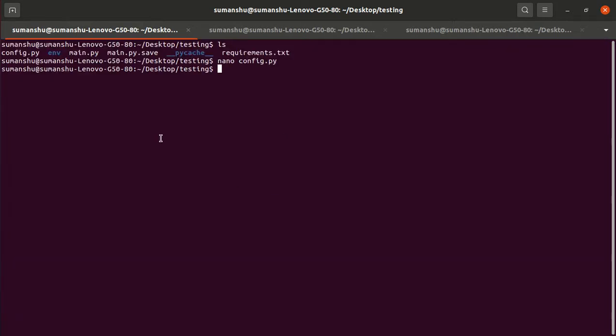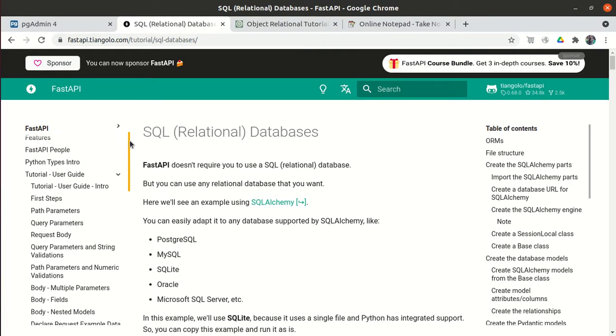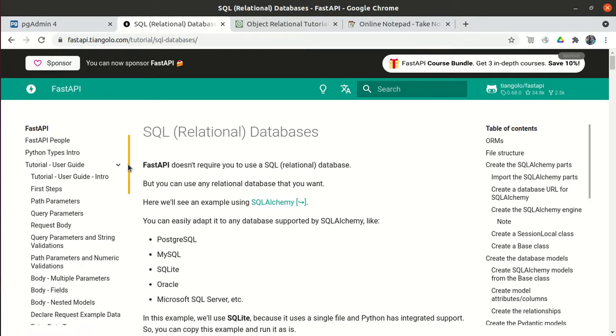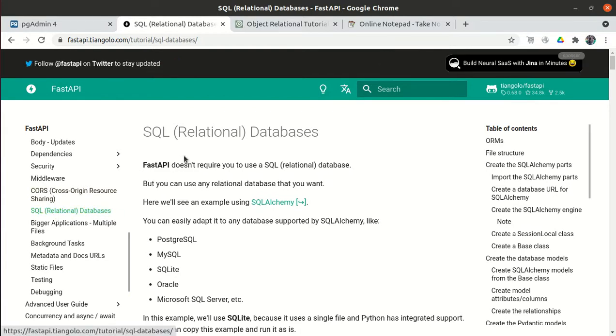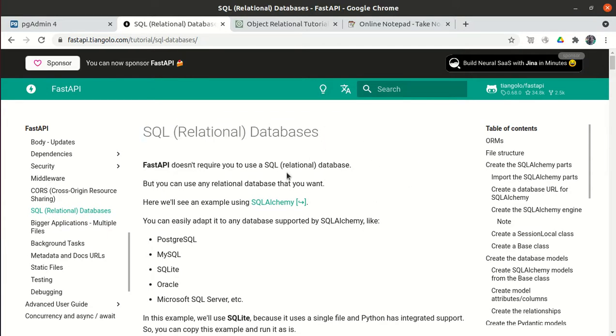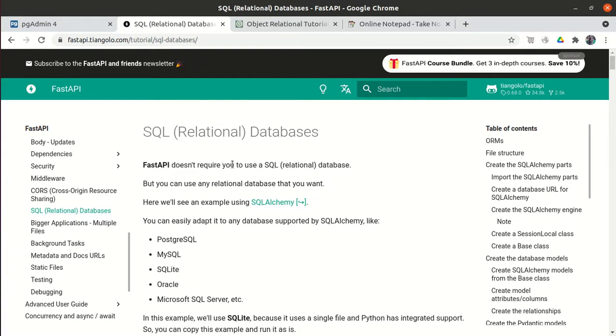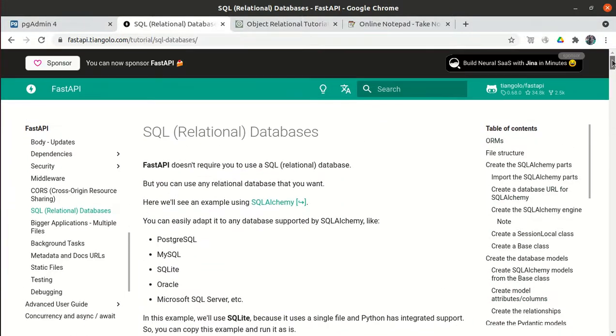Okay, so we will use SQLAlchemy. If you go to the official documentation of FastAPI and go to the tutorial guide, within the tutorial guide I have skipped everything, I will cover everything later on. If you open this SQL relational databases page, we will cover a few very basic things first. First we understand how to connect the database, what all the things are required. This is a guide, we can go through that. But I will tell you the important things.